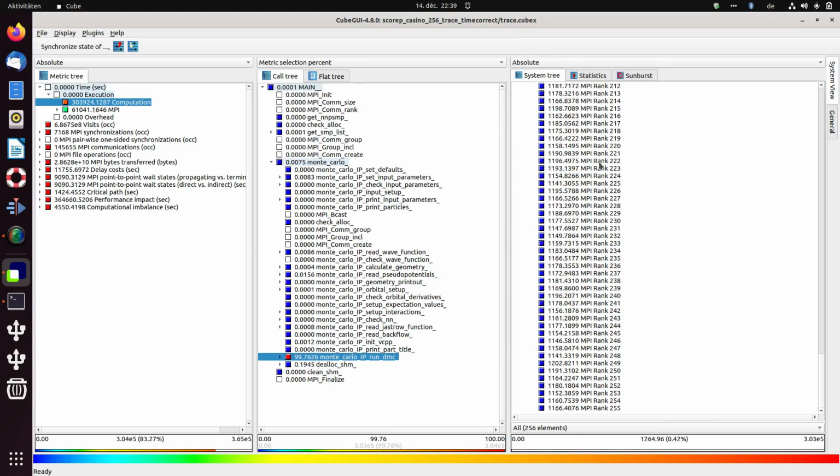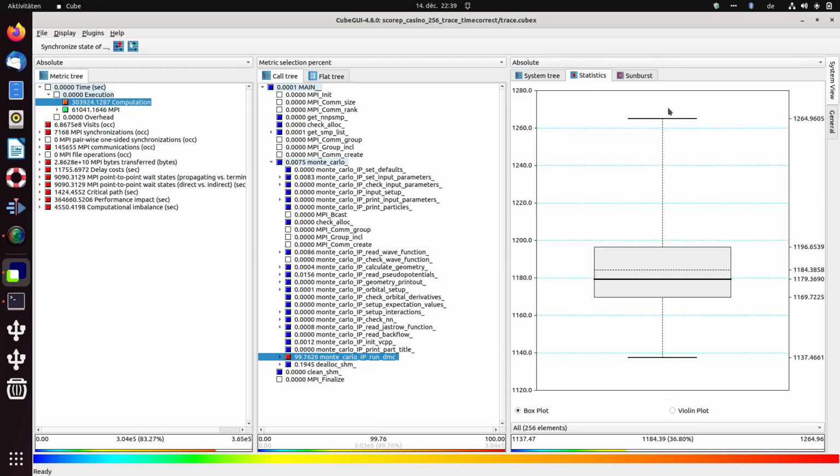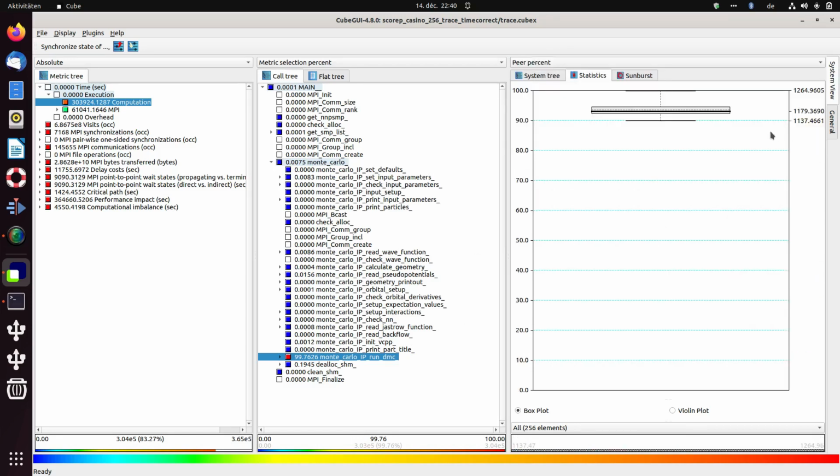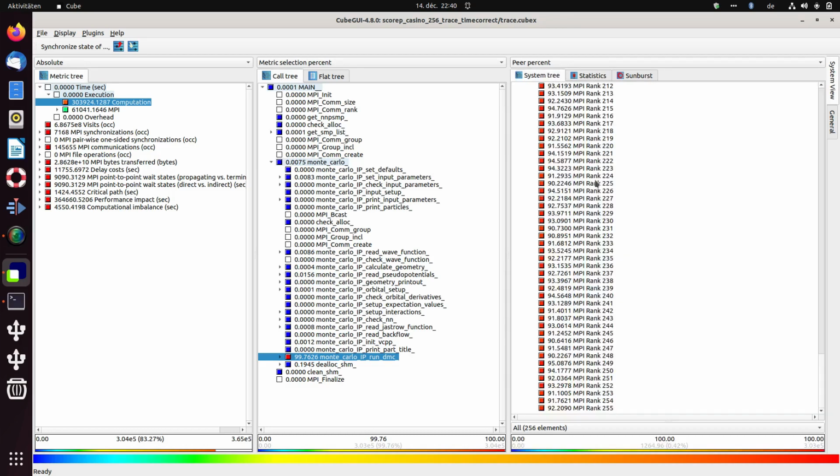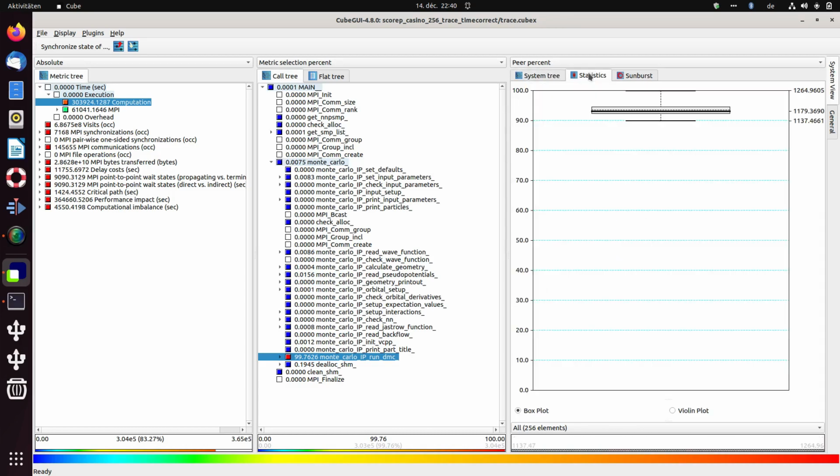Here, for example, if we select the absolute values and go to statistics, we get the bar plot with minimum value and maximum value. And then if we go to percent, we see that the bar plot is kind of squeezed on top. So we see that the minimal value is 90%, maximal is 100, and everything is in this range. So there are no values which are close to 0. Okay, and that is percent. It helps to estimate more or less the so-called load balance